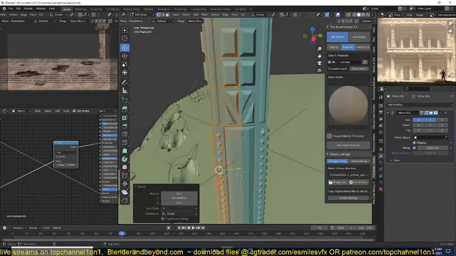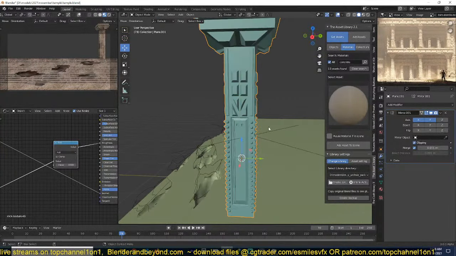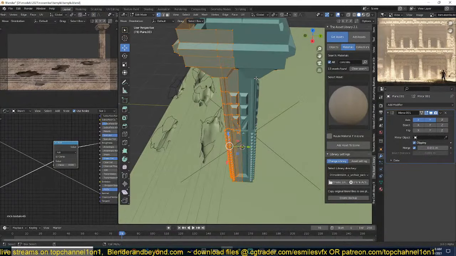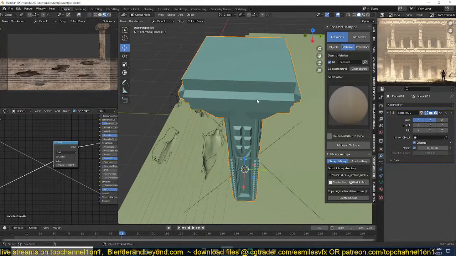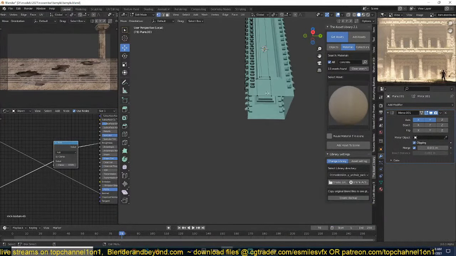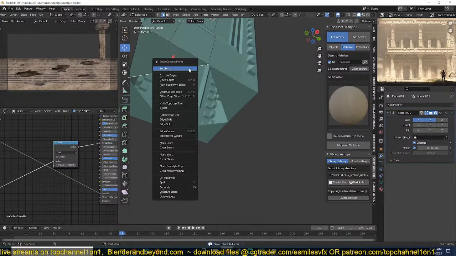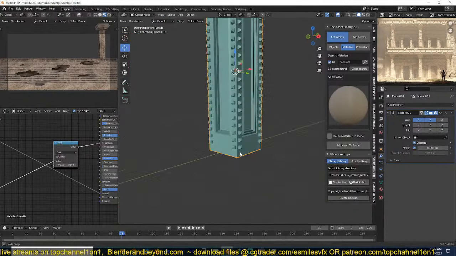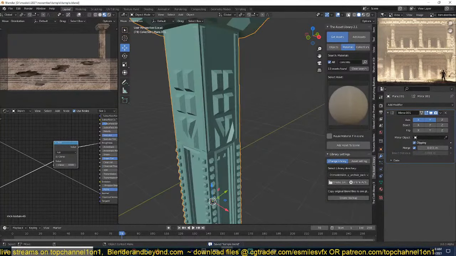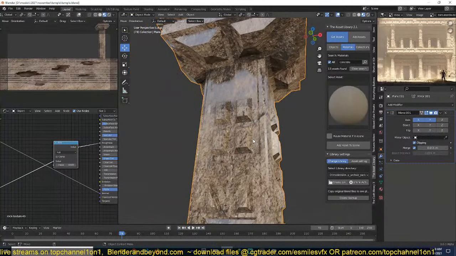For the boolean to work, you need to make sure that there are no gaps. So then we can just connect this. I think this is a decent pillar. So now with that,